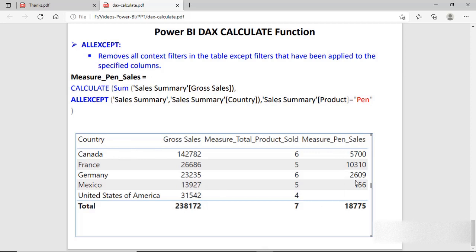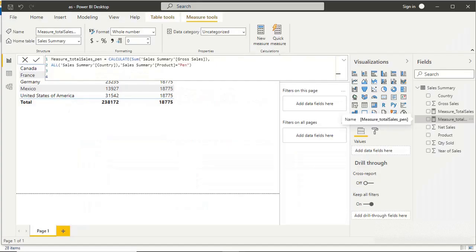So the data is working in a filter context because we are keeping the country filter context on the country field and removing all the other ones. So we can check this one practically. So we try ALLEXCEPT on this measure. We already have ALL and I change this one. I make it ALLEXCEPT.